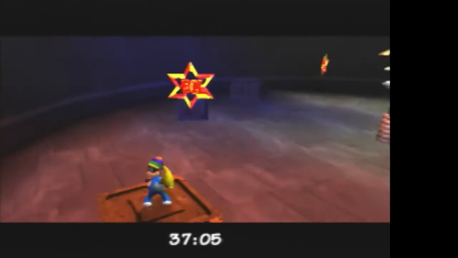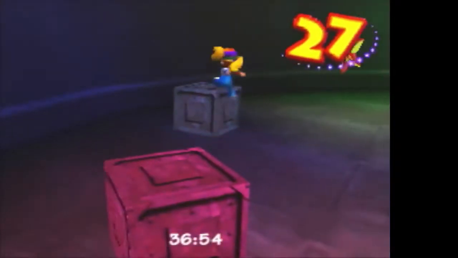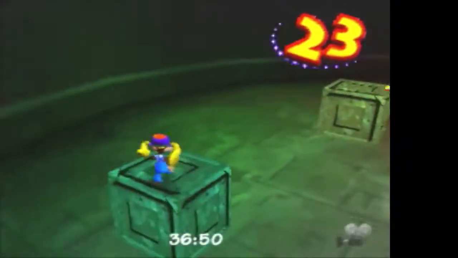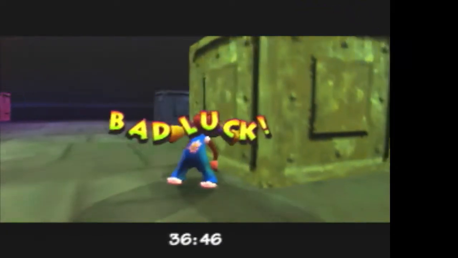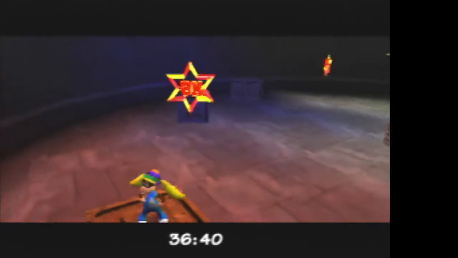And then, I would also like to point out the timer continues ticking down during the loading times. Yep. And here, do the same thing, except without the mushrooms, but don't touch the ground. So, they really could not think of anything else to do with Tiny. And then also, after you do those, there's a switch that you have to hit. Why? Because...